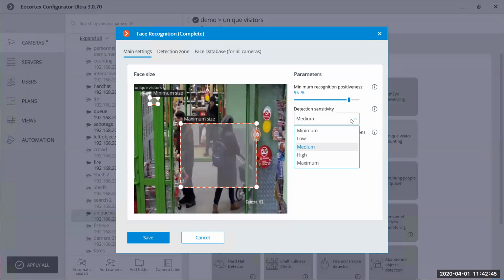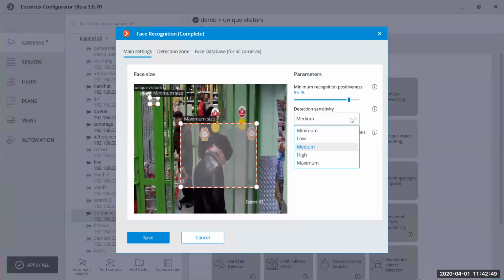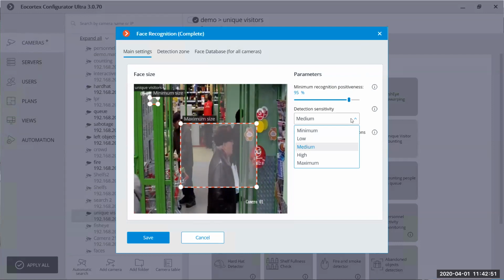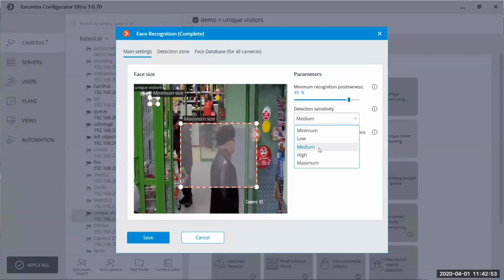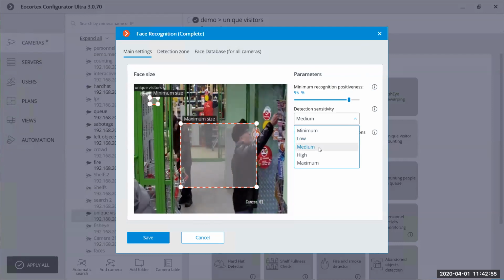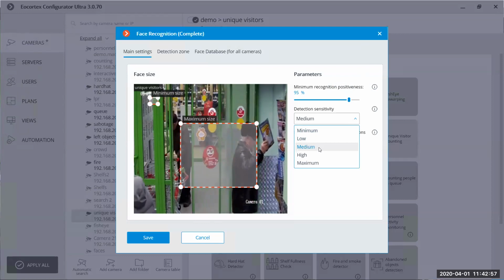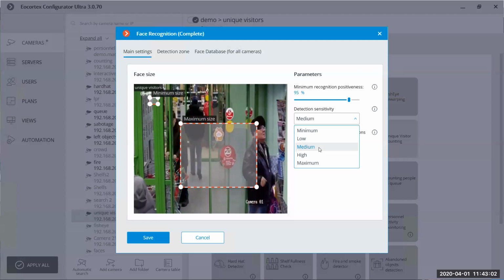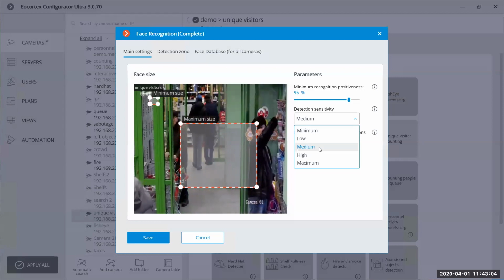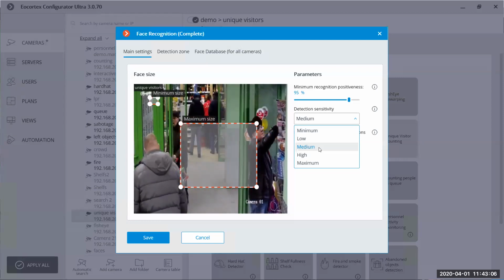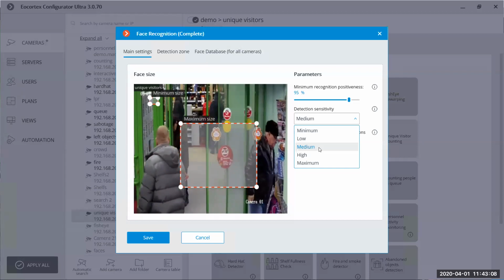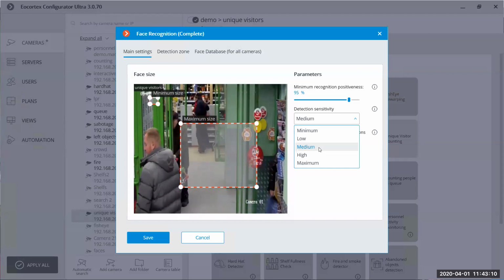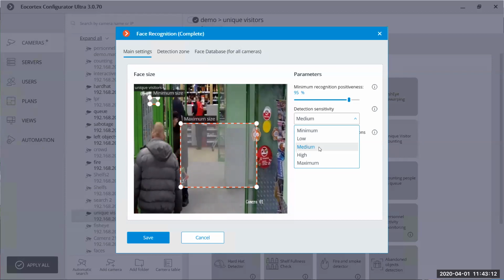Next, detection sensitivity. That's the sensitivity of the module. Usually I recommend you set it as medium. It will give you the optimal load on components like CPU, GPU, and RAM, because this module works mostly on GPU, but still it uses some resources from CPU as well.